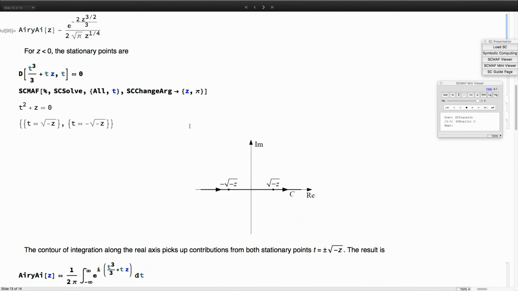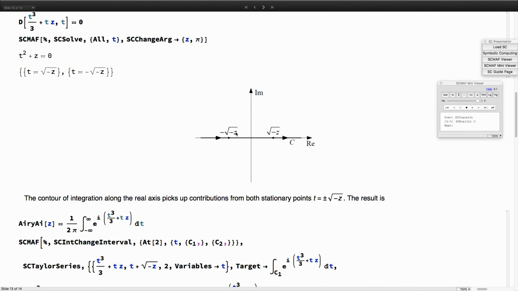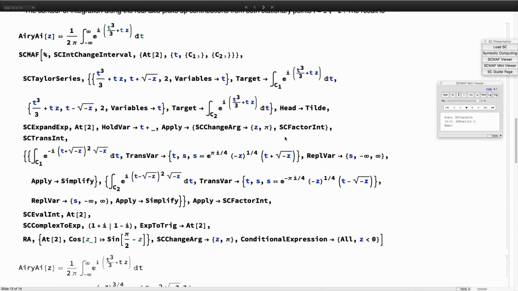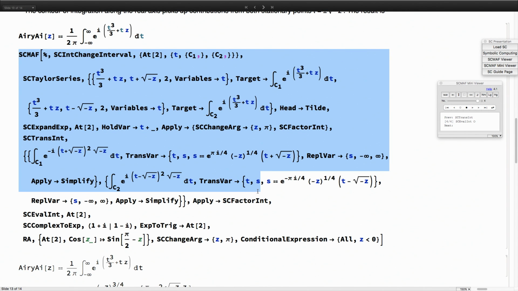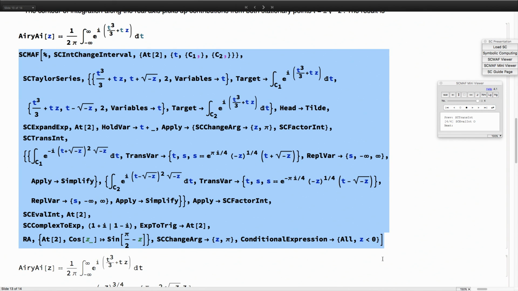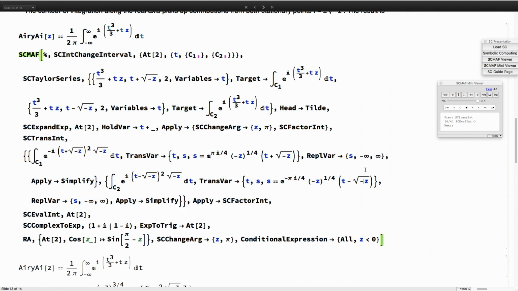For negative x, the stationary points are here and here. So we have to pick up the contributions from both stationary points. And if I do that, then this is more complicated. And the code for doing the analysis is given here. And if I execute it,